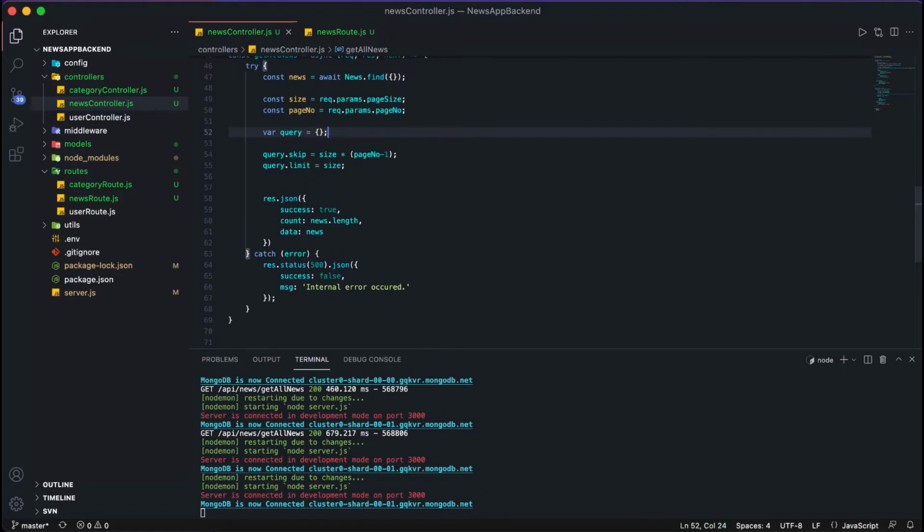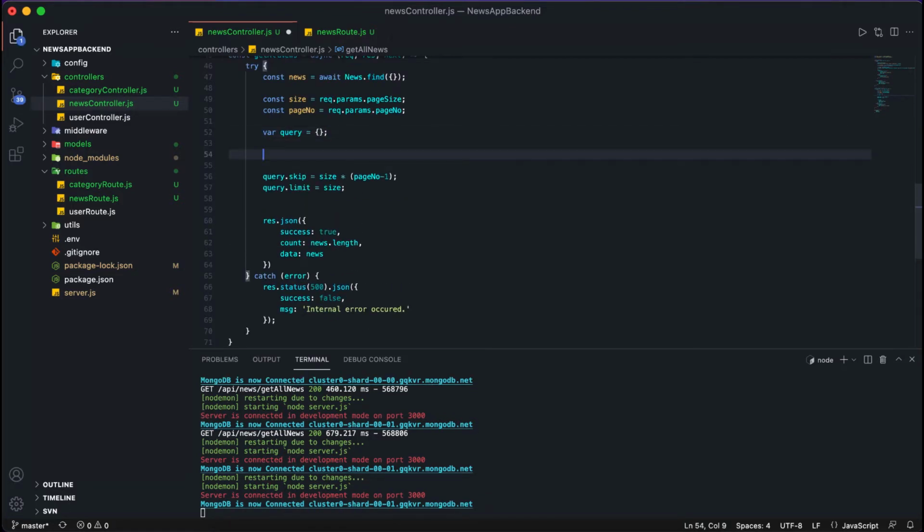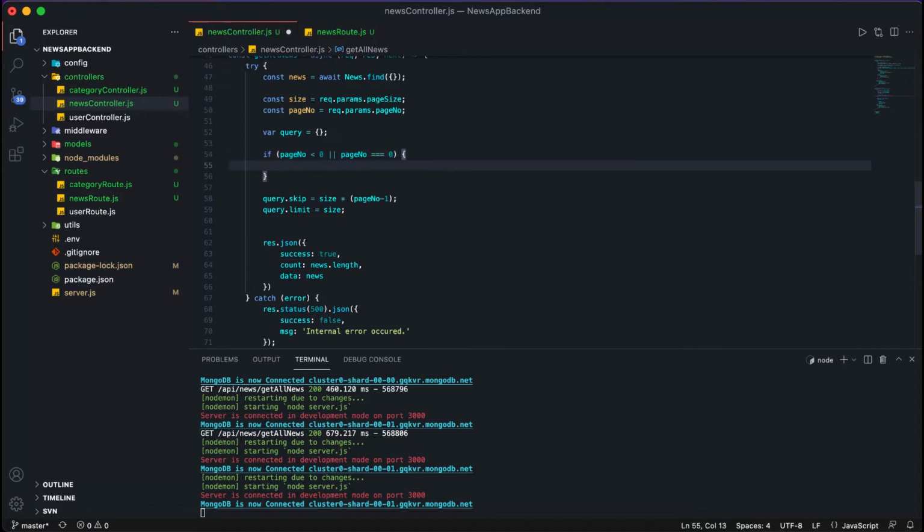Here we need to do some checks: if page number is less than 0 or equal to 0, because page number should start from 1. So we check if page number is less than 0, or if page number is equal to 0. If this condition is satisfied, we return a response.